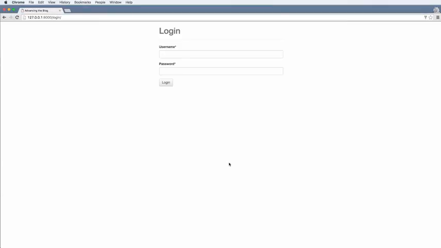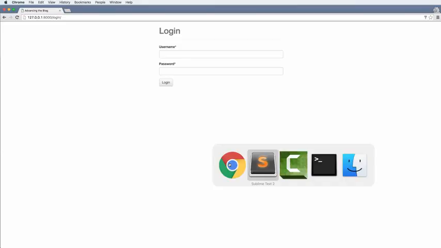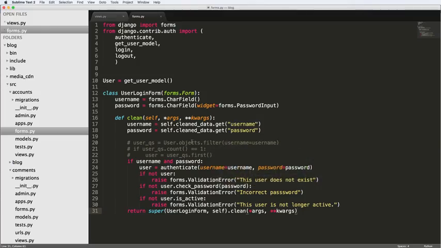All right, so we left off with a login form. Now it's time that we make a registration form as well as a register view. And we're going to do this using model form. Model form is not a whole lot different than the built-in form itself, but instead it uses a model, so